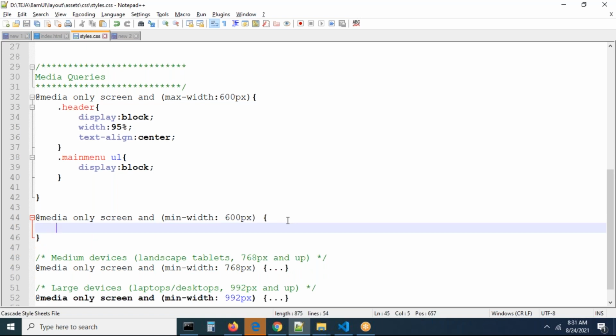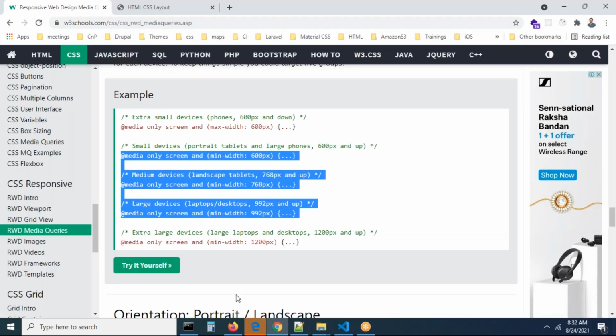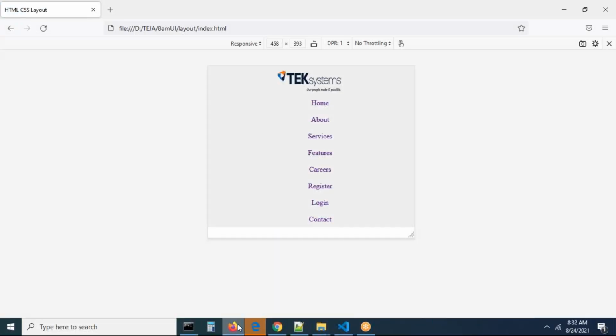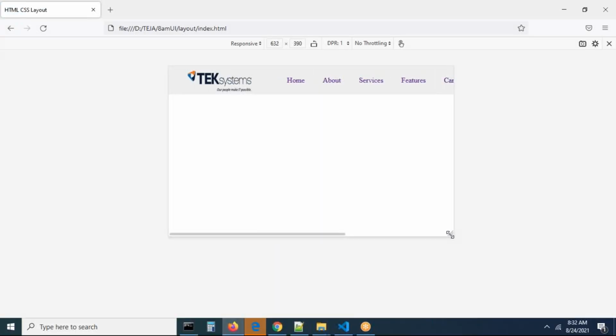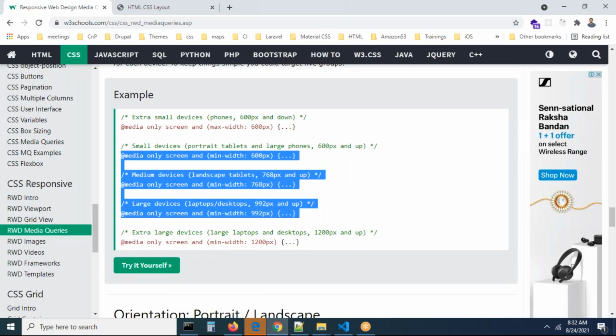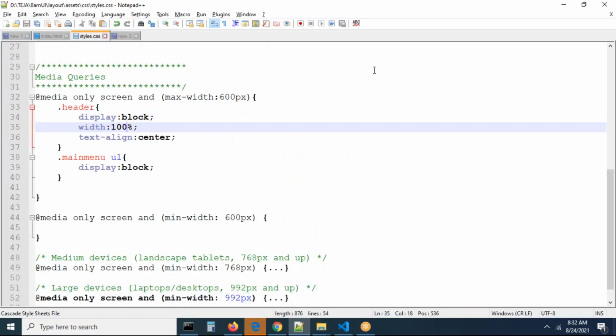For 600 and above, what we want to write, guys, exactly, the width is going to be 100%. I don't want to make anything else. Text align center at this point of time. Now you can go and check this. This is fine. So for 600 and above, what do you want to do? I want to make everything center. Okay, let us try to make everything center. 600 and above and 768, right? Exactly. So at this point of time,